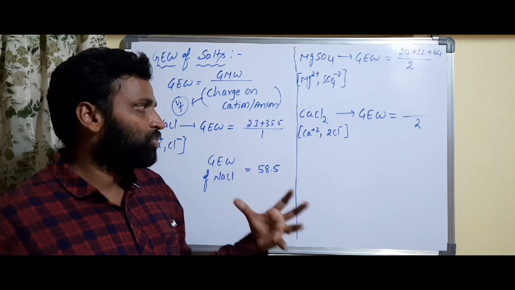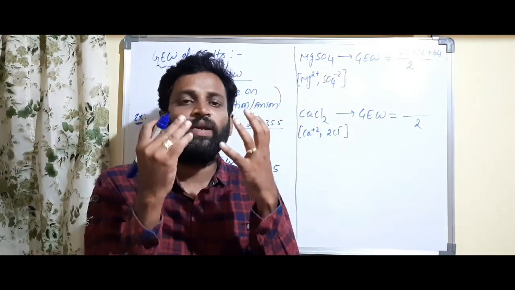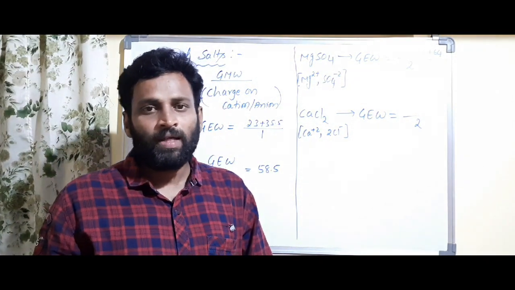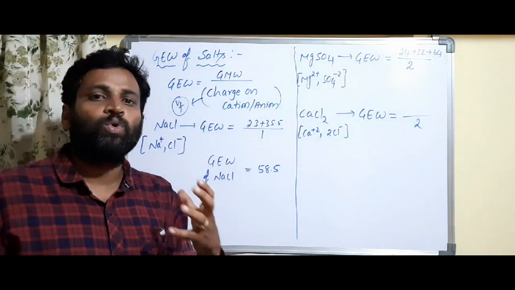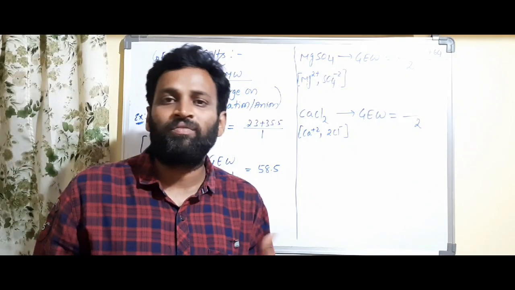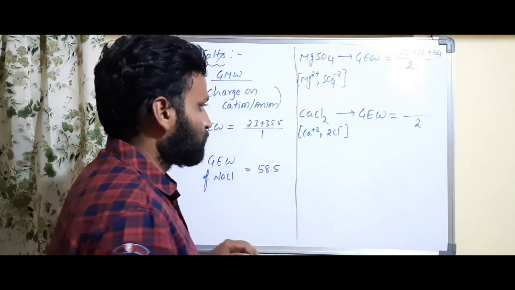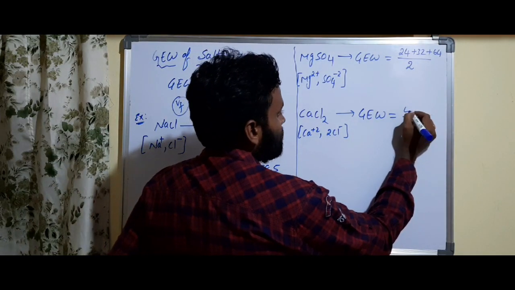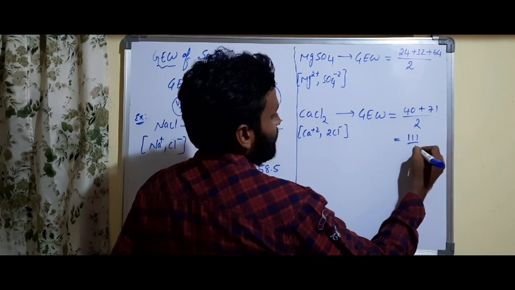See, we should know the charges. Chloride, fluoride, bromide, iodide, those called fluorine, chlorine, bromine, iodine, they all have minus 1. Getting what I am saying? And sodium, lithium, potassium, rubidium, cesium, they will get plus 1. You will get all the charges from the periodic table. Don't worry. We will start soon. So the gram equivalent weight is equal to, now this calcium is 40 and 2 chlorines are 71, so it's 111 by 2. Like this you will take.